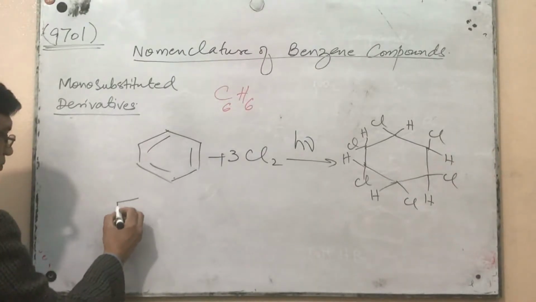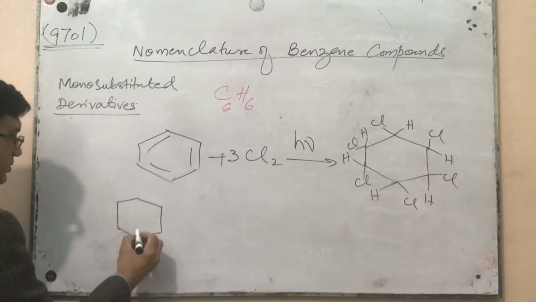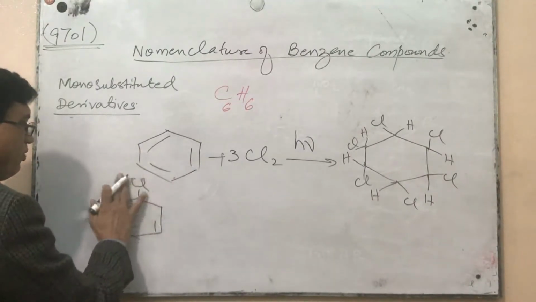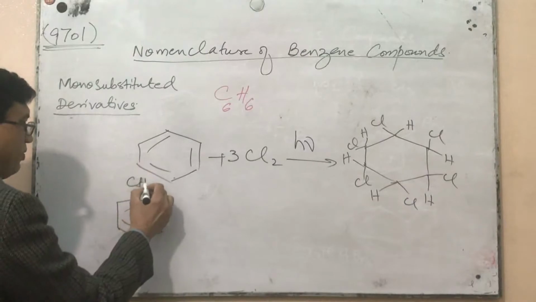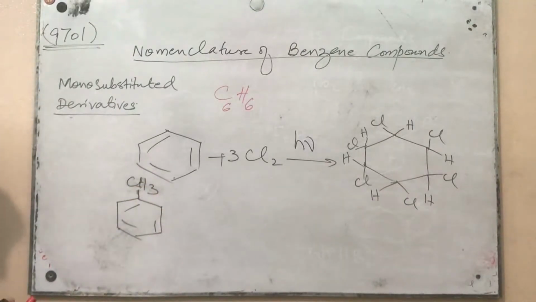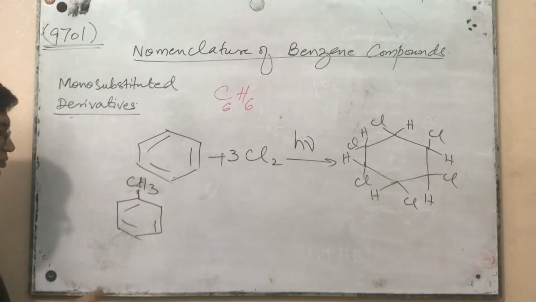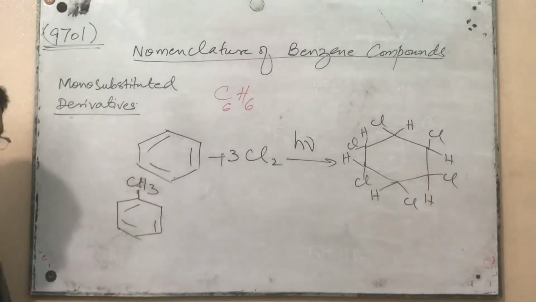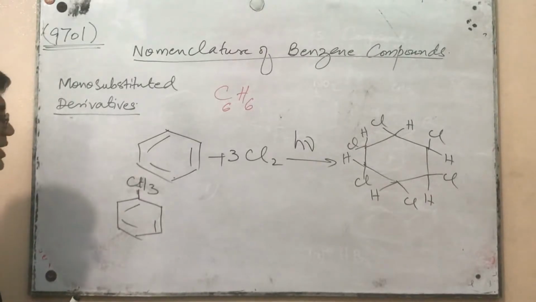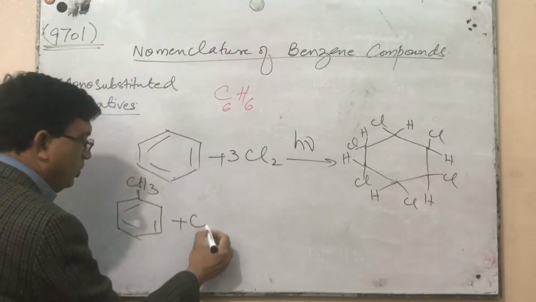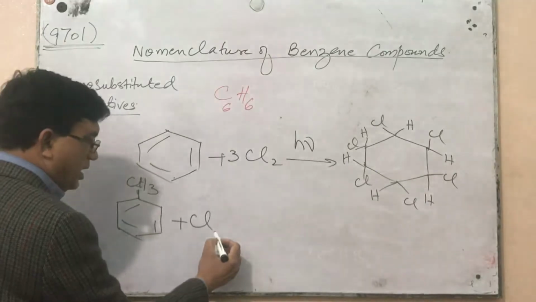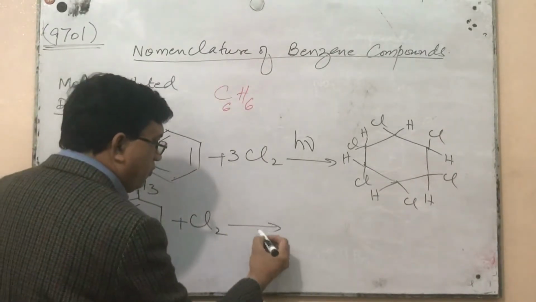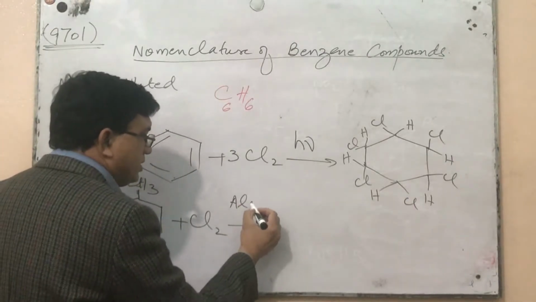If we have, for example, methyl benzene, if we treat methyl benzene with chlorine Cl2 in the presence of AlCl3,